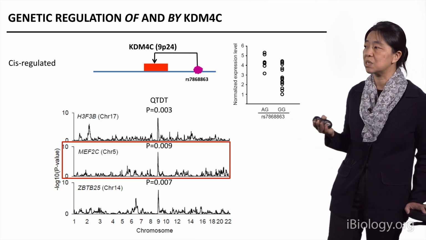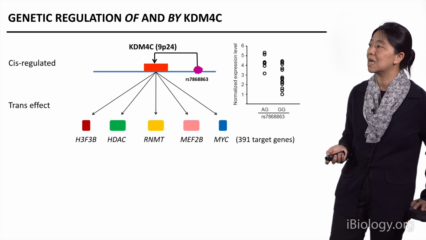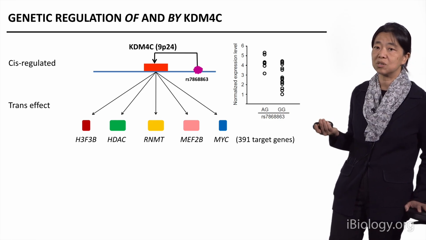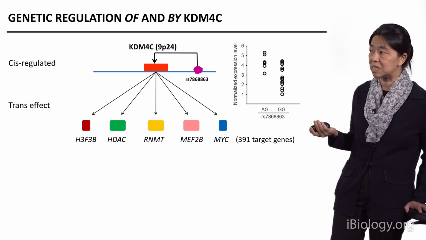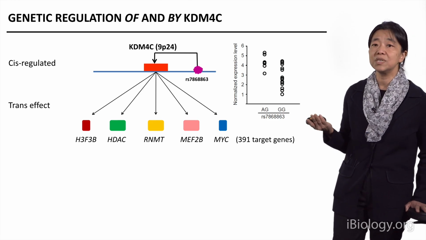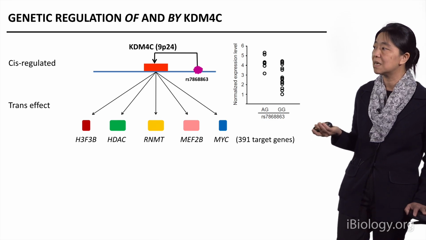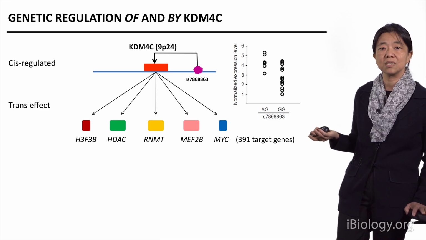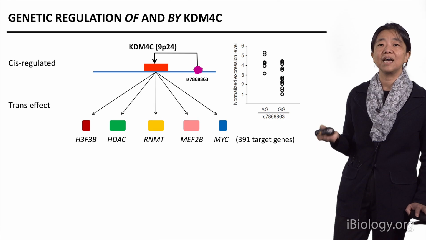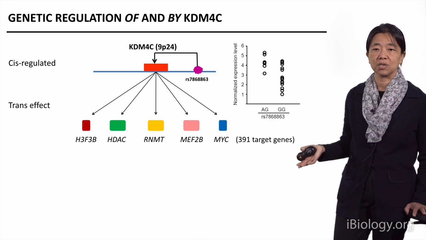So it's not only these 3 genes with linkage peaks over chromosome 9. What we found was that there are over 390 genes that have linkage and association peaks mapping to KDM4C, suggesting that they are target genes of KDM4C. We then experimentally validated that KDM4C indeed regulates the expression level of these genes by showing that KDM4C binds to the promoter of these genes and removes methyl groups from the histone 3 covering those target genes.